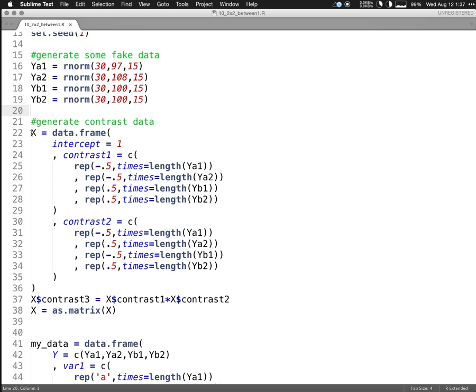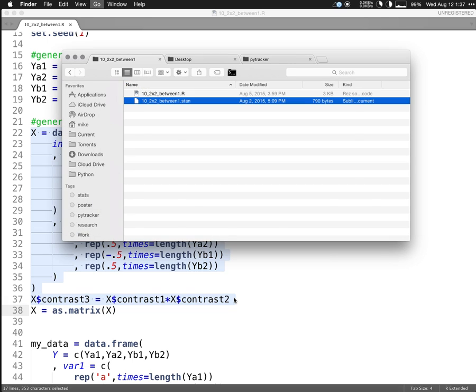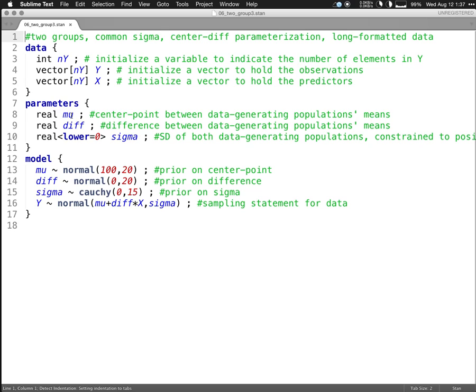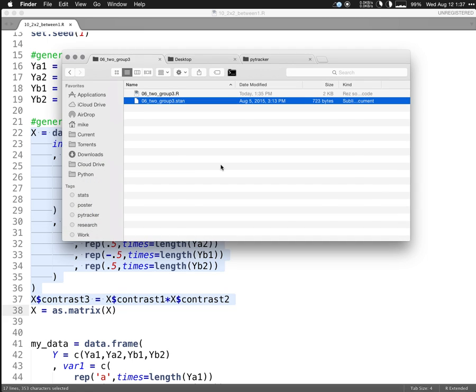Here in the data generation phase, you'll see that I'm explicitly defining 3 contrasts plus an intercept. So we have a model with 4 parameters. And when you get to more complicated models like this, it becomes a little bit cumbersome to use the strategy that's used back in the old number 6 code, where you actually give each parameter its own name. Much easier, and it turns out some of the computations are faster when you do it this way, is